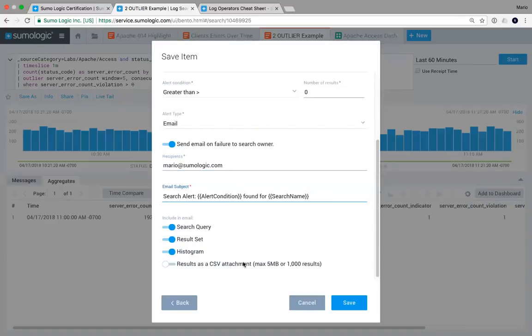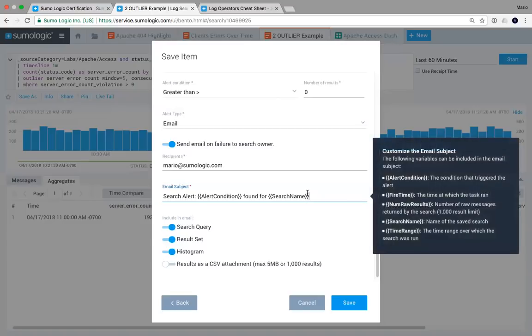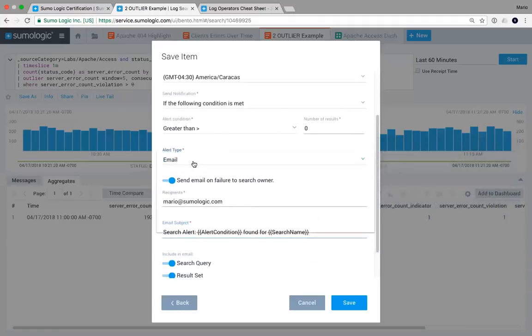Again, this is not meant to export all the results. This is just meant to send you an example of it as well. But this is how you go about setting up an alert. Pretty straightforward, right? Now, let me briefly talk, I know I'm running out of time, but let me briefly talk about the different